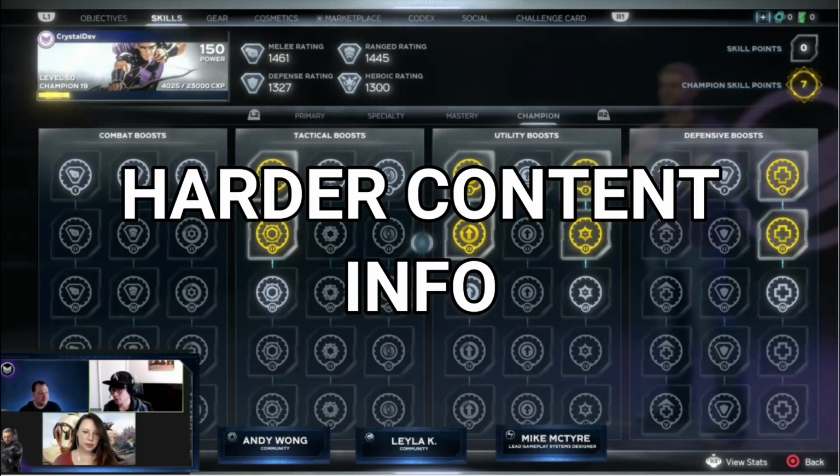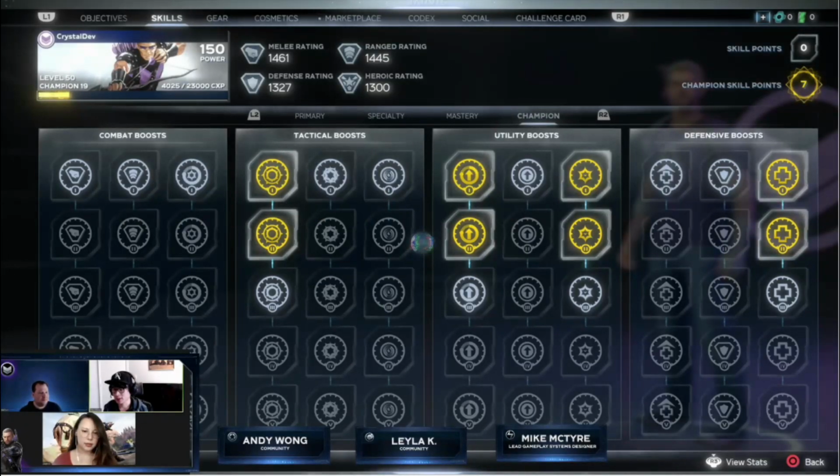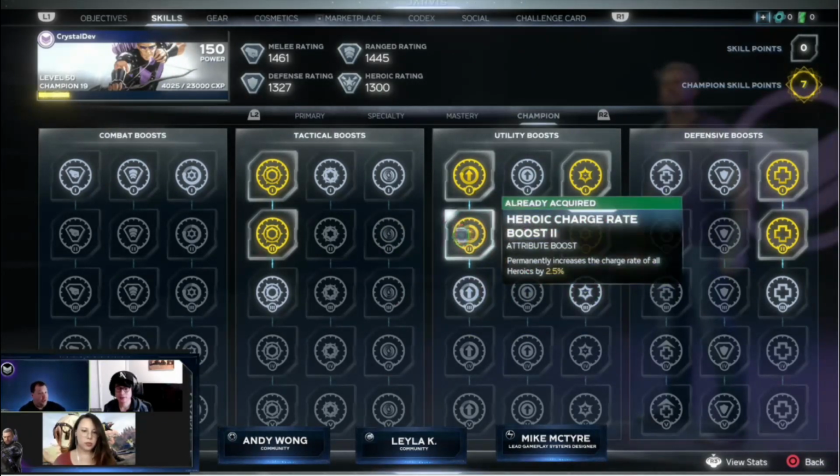So J Controverse asks, since we are getting stronger with the system, are there plans for enemy difficulty to increase? That's a great question. We've been assessing, as you all know, looking at all the different aspects of the game and how we can make Avengers even better than it is today. And certainly looking at not just our heroes, but also the enemy encounters is definitely something that we've